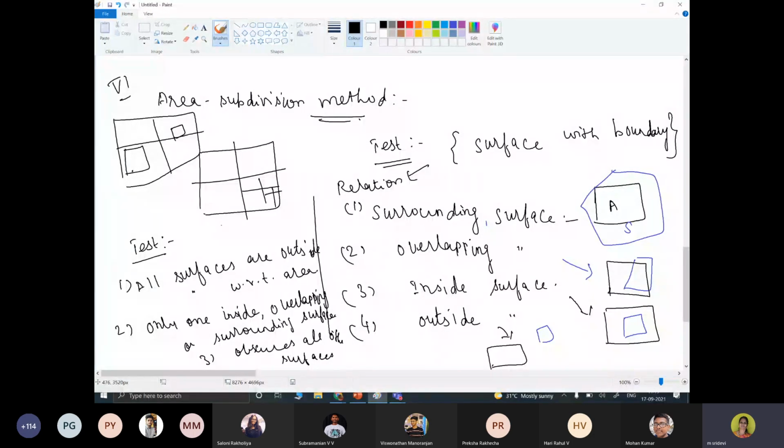If all the surfaces are outside with respect to a particular division, then with respect to this division, what happens to these 2 objects or surfaces? This is the division I am considering. With this division, which case is possible out of these 4 cases? When I compare the objects, which is true?